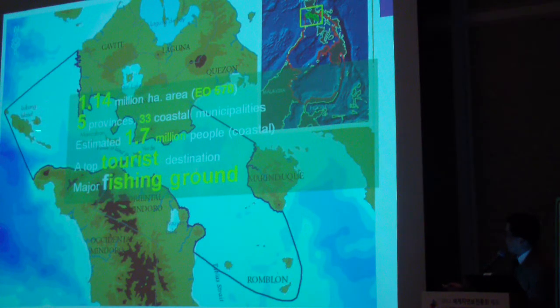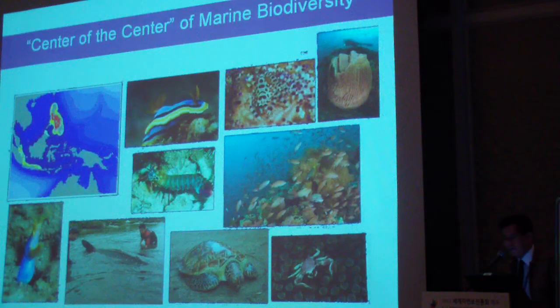This island, which we call Lubang and Look Island, is one of the places where the last Japanese straggler surrendered in the 1970s. And this is considered a climate-smart or climate-resilient marine protected area, which we established in 2011. That area in itself is considered the center of marine diversity in the world, and this has been analyzed by Carpenter and Springer when they came up with the term center of marine diversity, because if the Coral